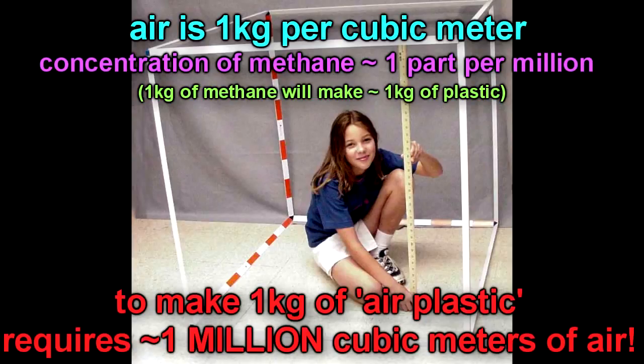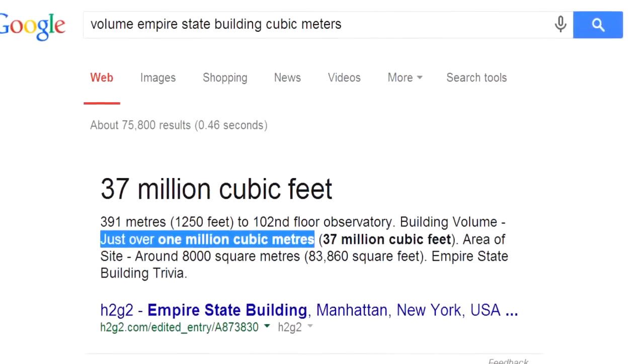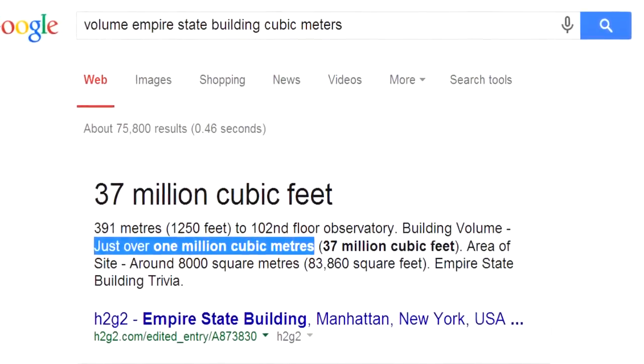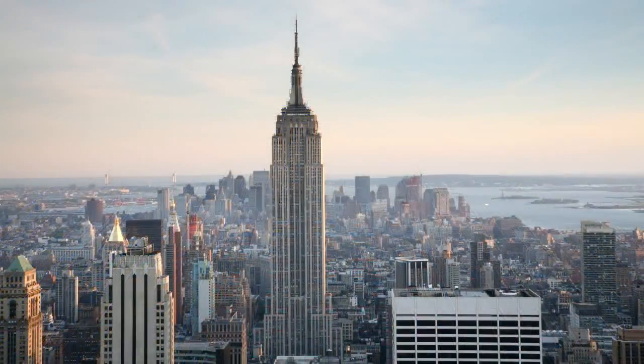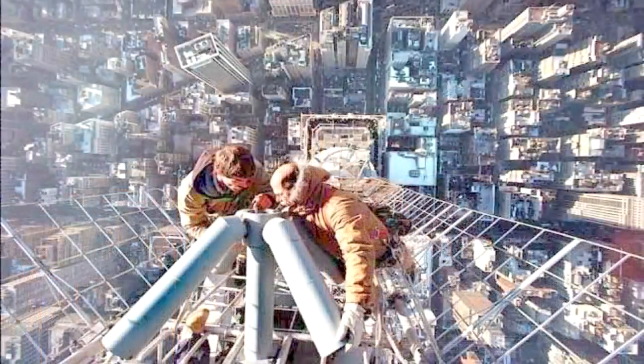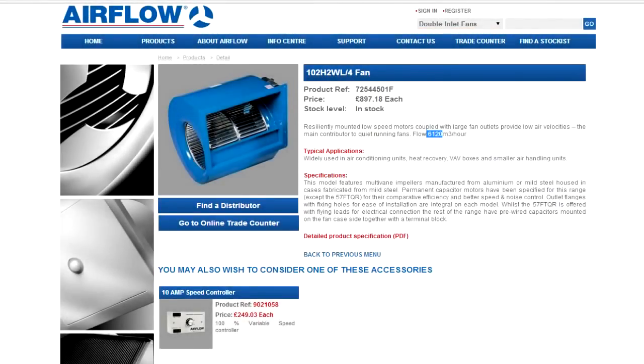Well, by a happy coincidence, the volume of the Empire State Building is also about 1 million cubic meters. So the bare minimum you would have to do is pump a volume of air the size of the Empire State Building, ignoring all the stuff about extracting the methane and turning it into plastic. But just for the moment, let's take a look at the costs of pumping that sort of volume of